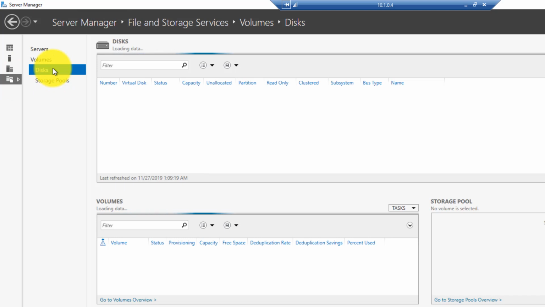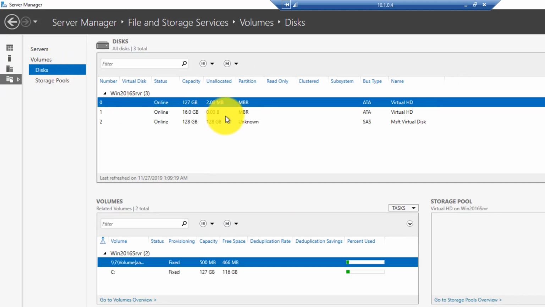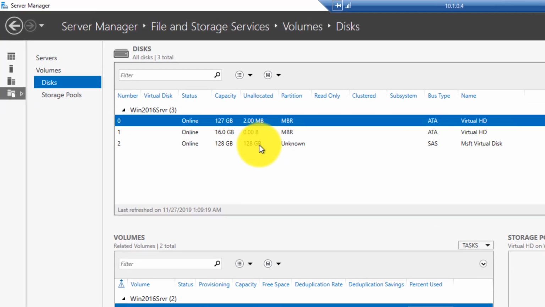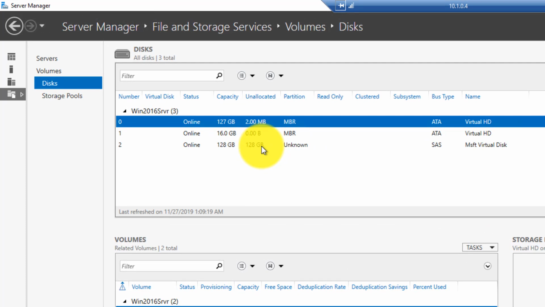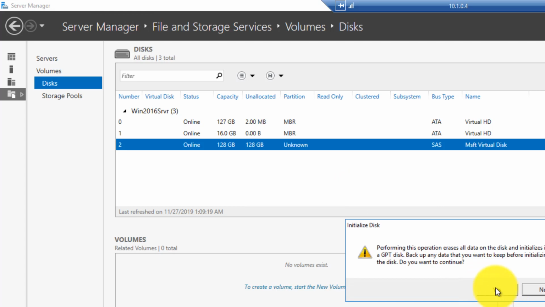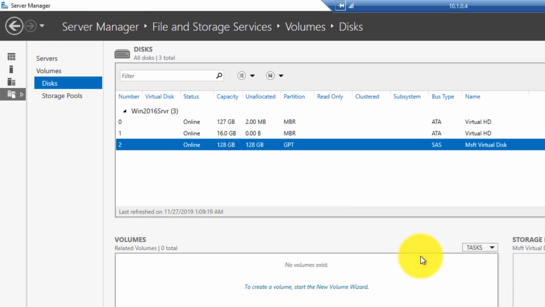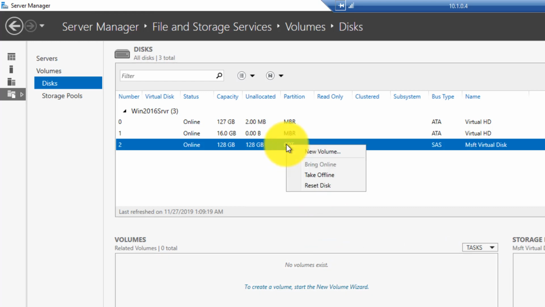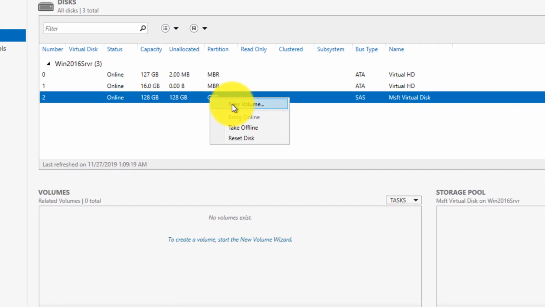disks, right? So when we get to disks, we're going to see one that's unknown, because I did create this during our, as I demonstrated, but it hasn't been initialized and mounted. So here I'm going to take this and I'm going to initialize it. Performing this operation erases all data on the disk, which is fine, there's nothing on the disk. Okay, now it's initialized. Now I'm going to create a new volume,